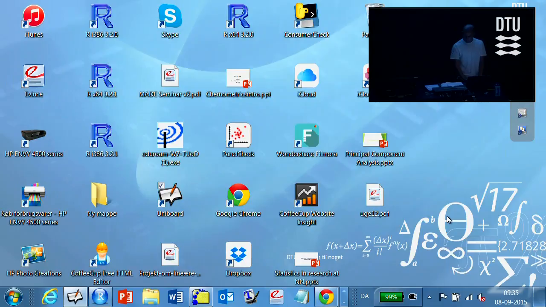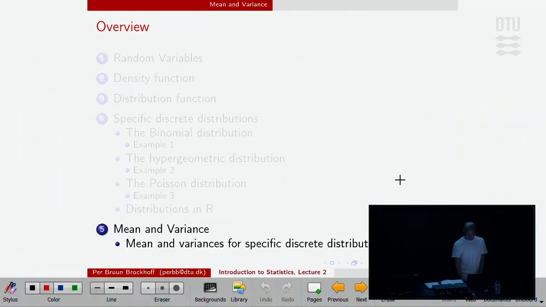That was distributions in R. I have one more topic. As I said, we would go